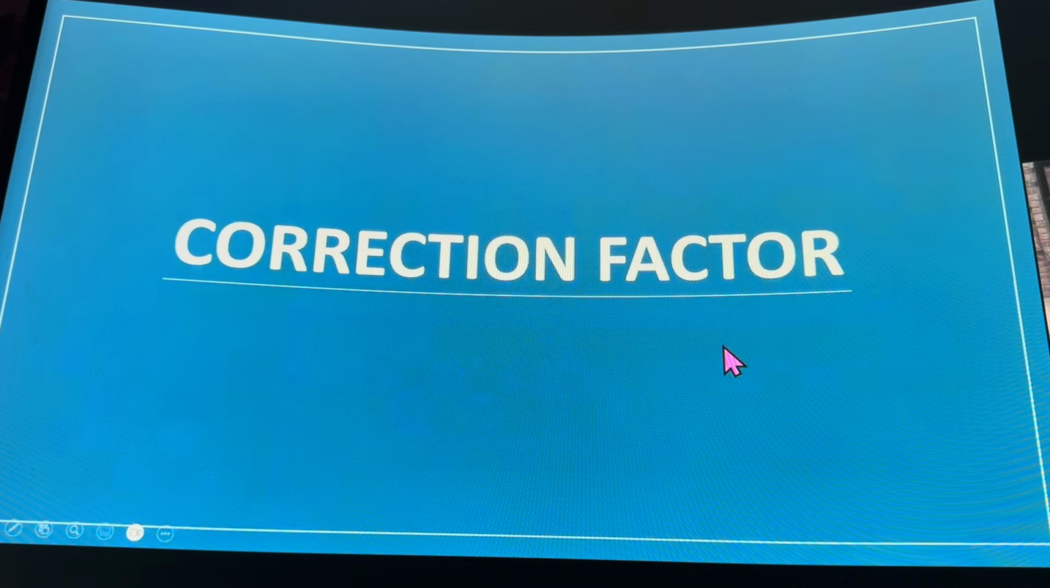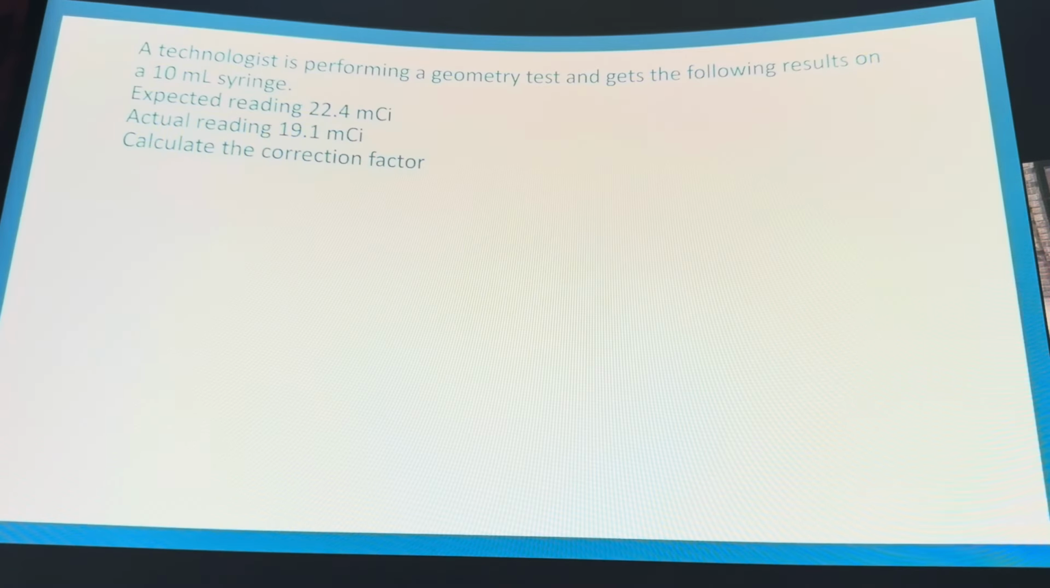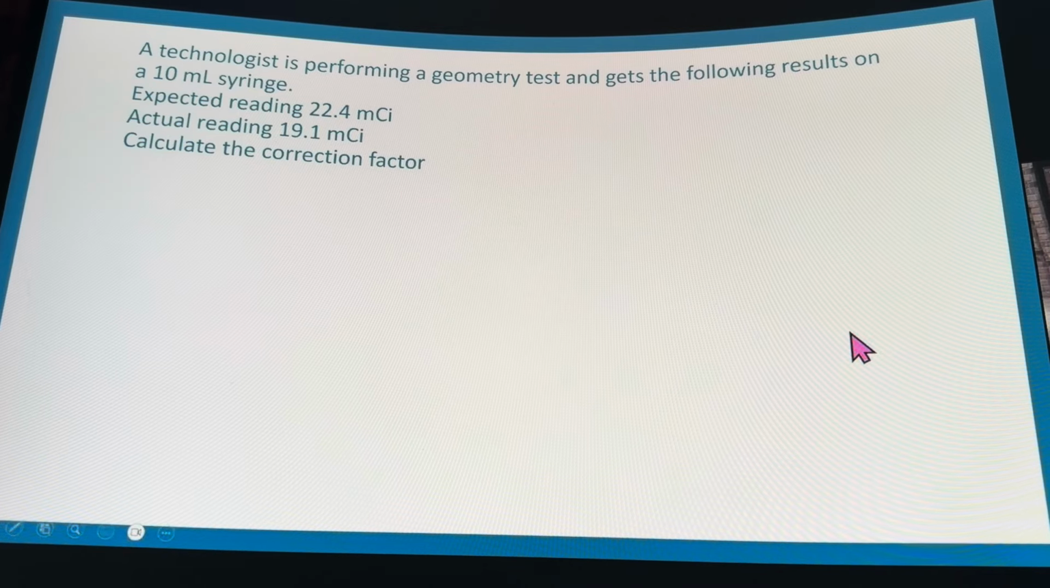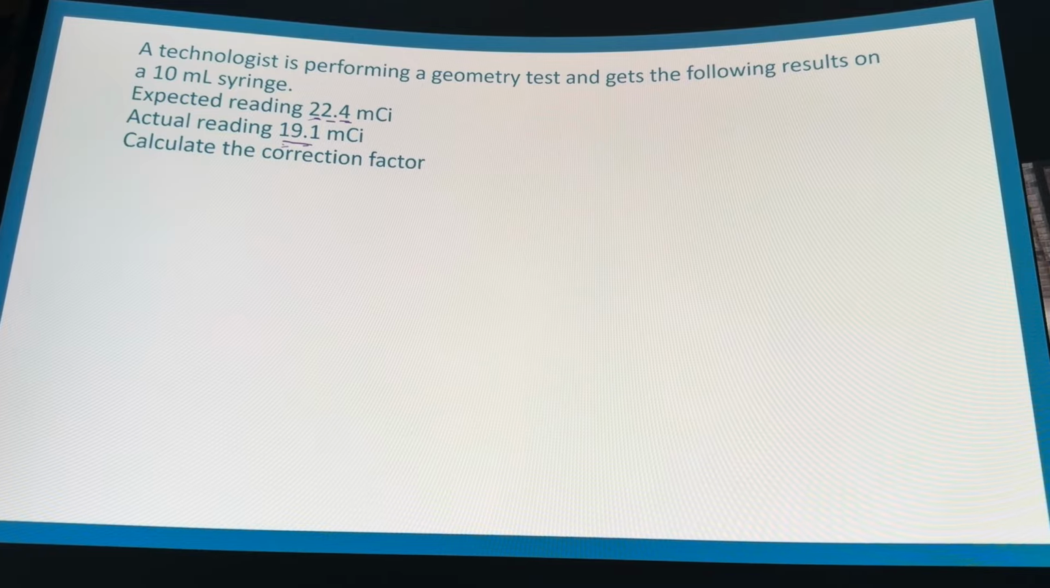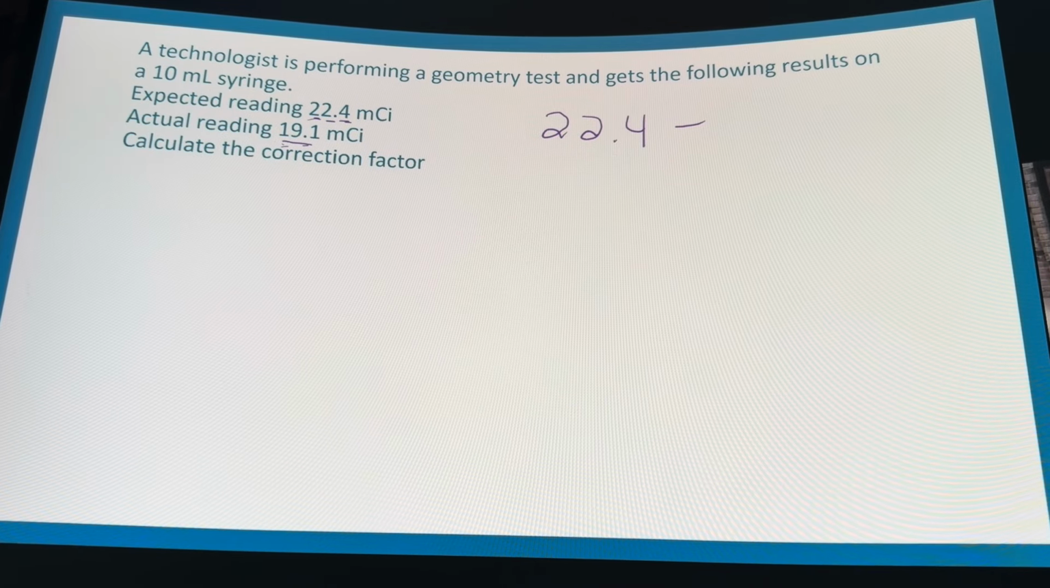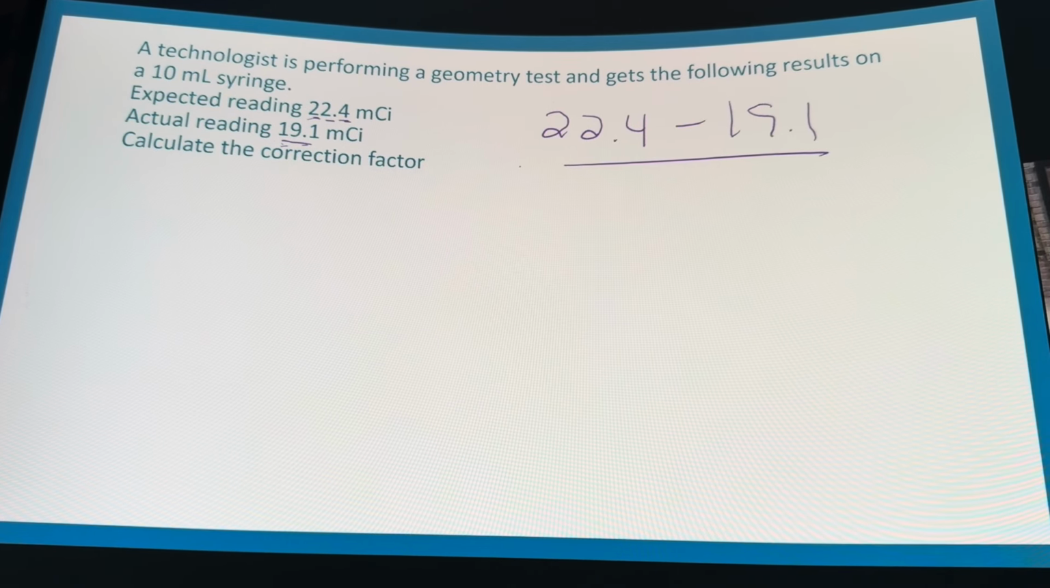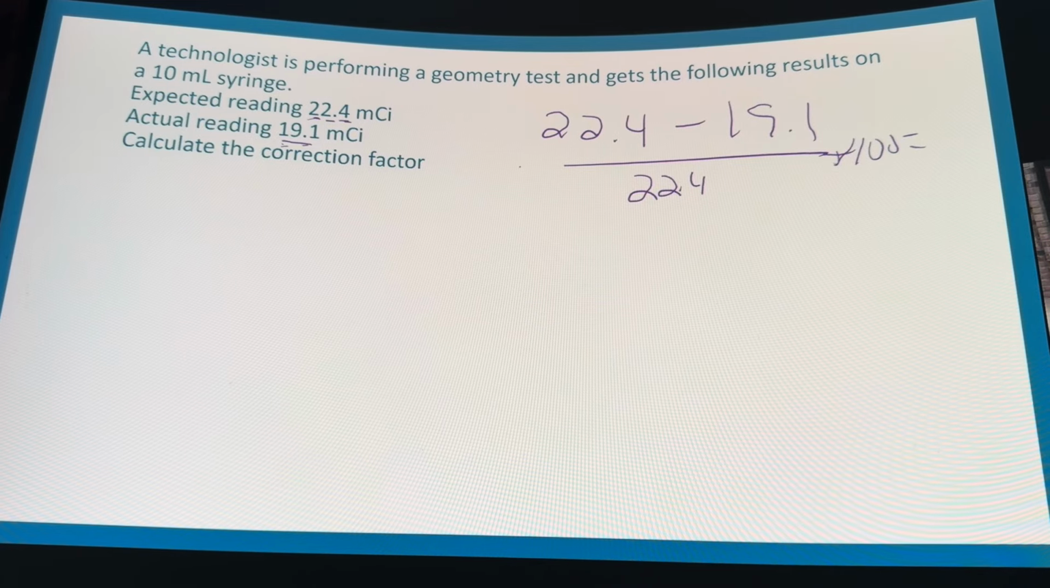All right, correction factor. We do this when our linearity or our geometry fails, when it's over 10%. So it's over 10%. Here's our question. Technologist is performing a geometry test and gets the following results. Expected was 22.4, actual is 19.1. First thing I'm going to do is make sure that I have to calculate a correction factor. I only have to do that if it's over 10%. So I'm going to do my percent error first. I'm going to take my expected 22.4 minus my actual 19.1 divided by my expected of 22.4 times it by 100. My percent error